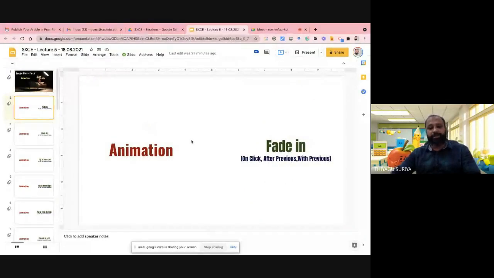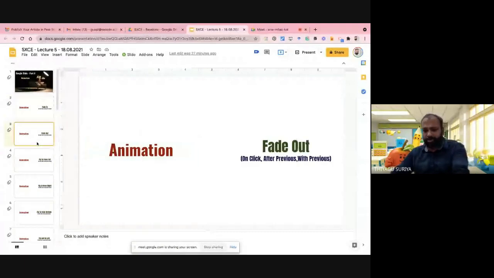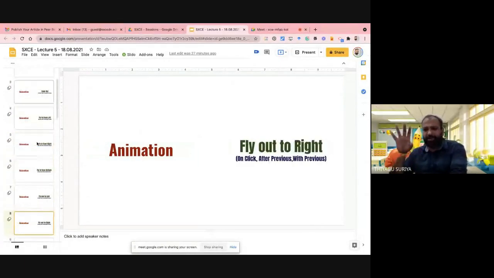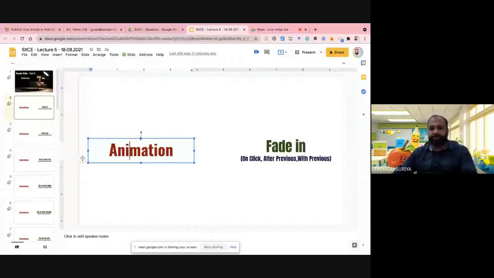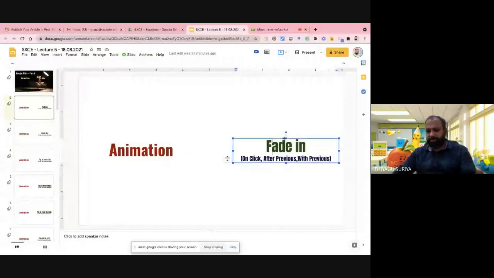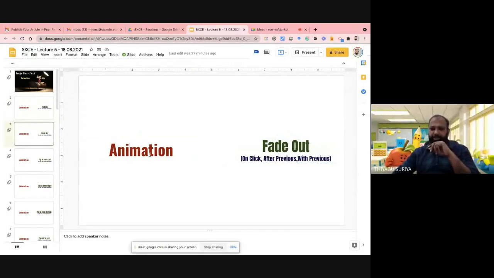Yes. Now see, the first animation effect. Here I put all the slides with the animation only. I'm going to highlight the examples with the word animation itself. These are the options I'm going to discuss. The first option is fade in. Now you can see the word animation, but I didn't apply any animation effect.